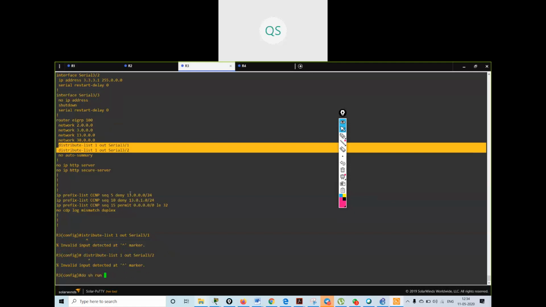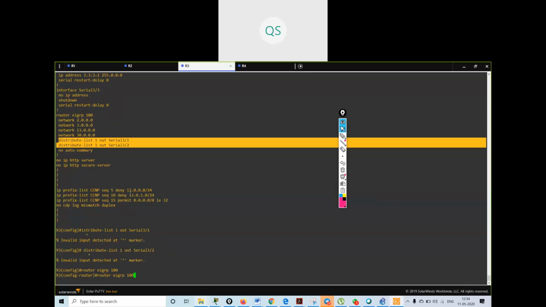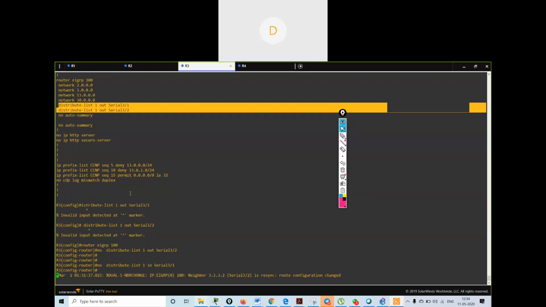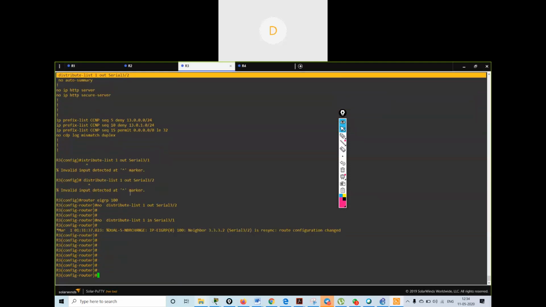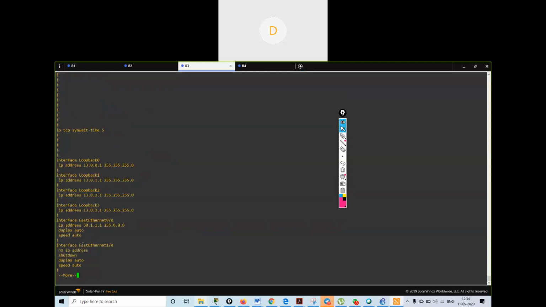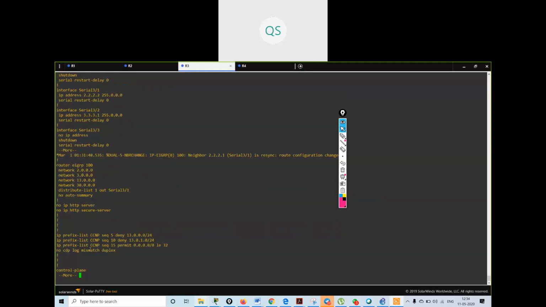I will say router EIGRP 100. No. I will say show run.